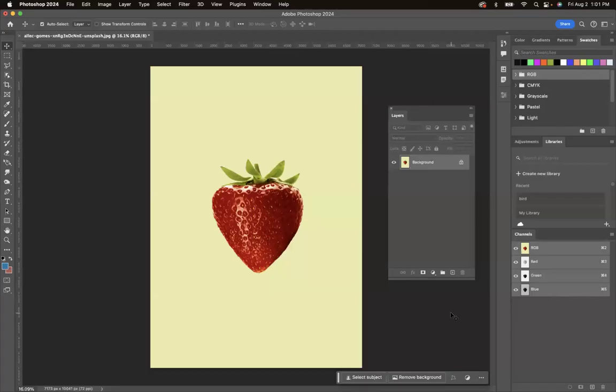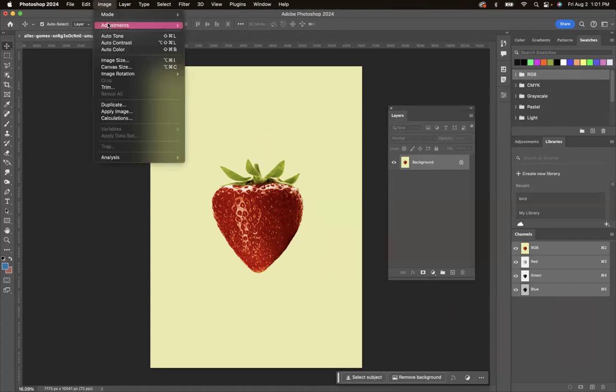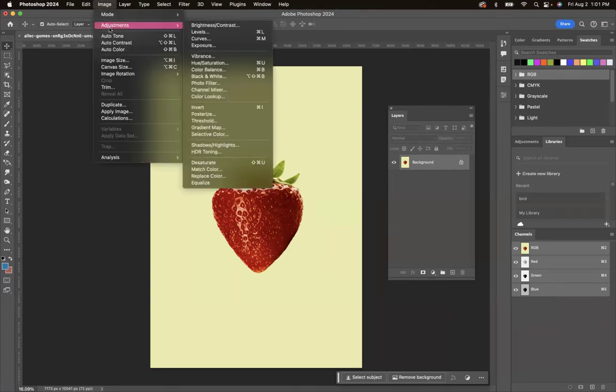In this demonstration, I'll be showing you how you can create a pattern from Photoshop or from an image. So in this case here, I want to use the strawberry to create a pattern. And the first thing we need to note is that this image was taken from Unsplash and it's quite large in its size. So the first thing I want to do is decrease or downsample my file